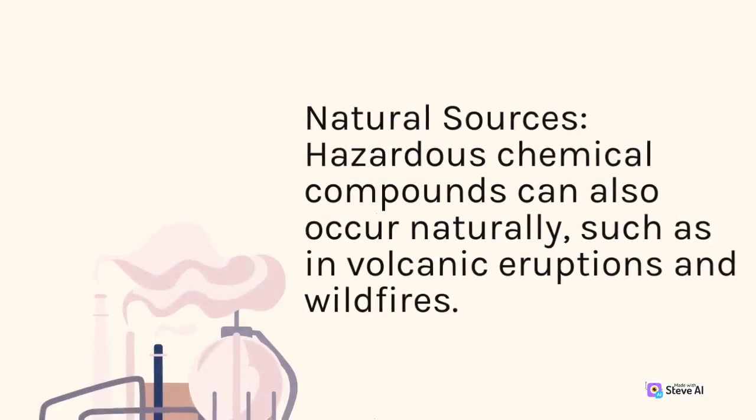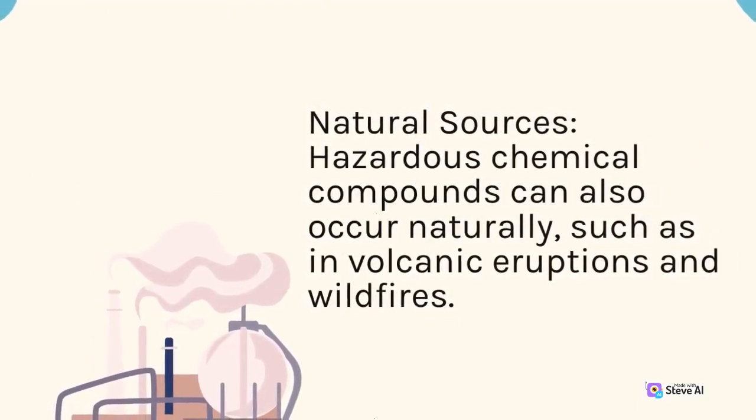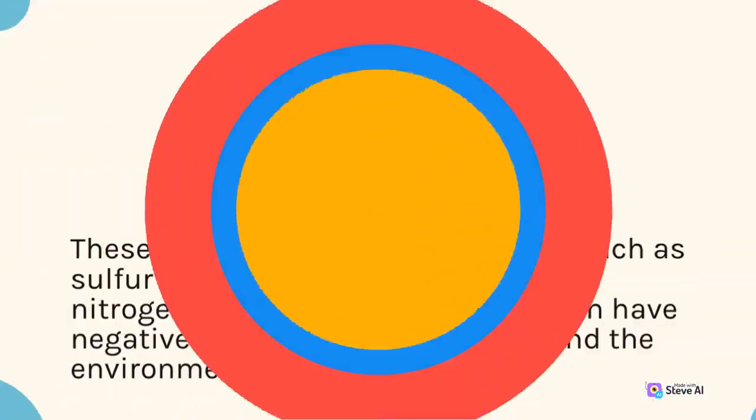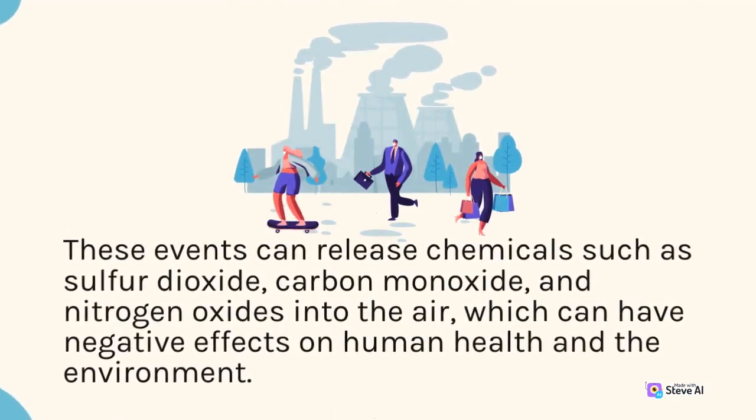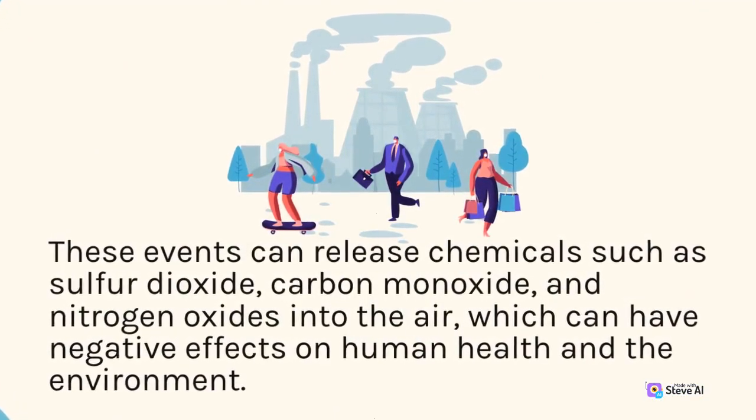Natural sources. Hazardous chemical compounds can also occur naturally, such as in volcanic eruptions and wildfires. These events can release chemicals such as sulfur dioxide, carbon monoxide, and nitrogen oxides into the air, which can have negative effects on